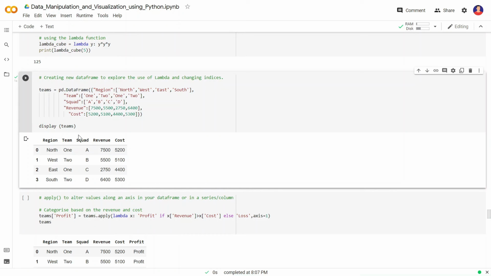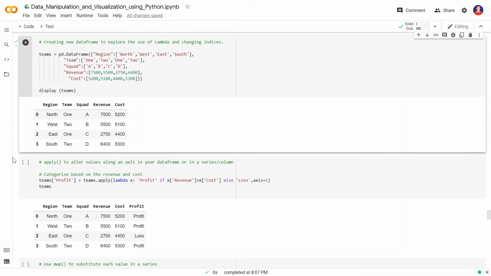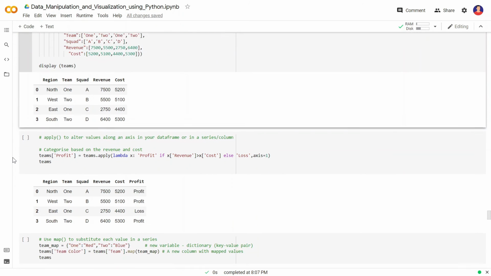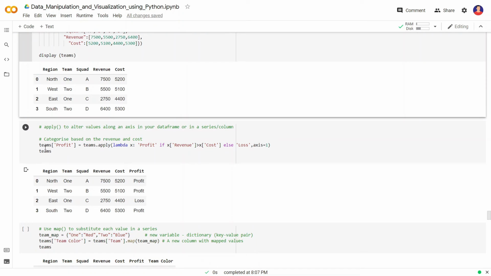We have created a region, team, squad, revenue, cost data frame, and we are displaying it here. Now we can use a function called apply to alter values along an axis in the data frame, or in a series or a column. So let's say we want